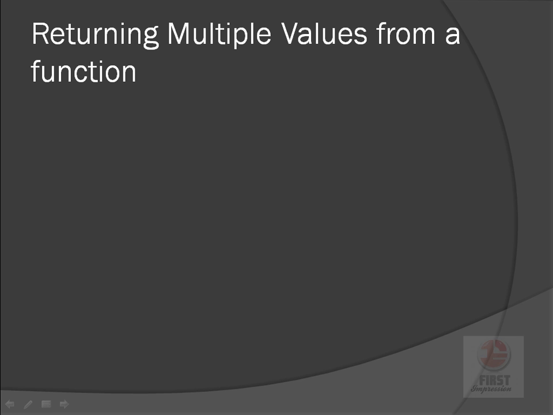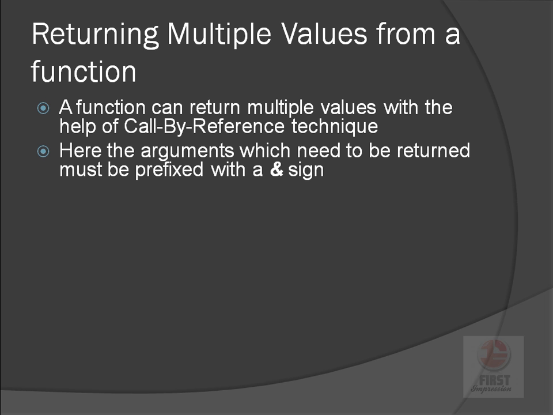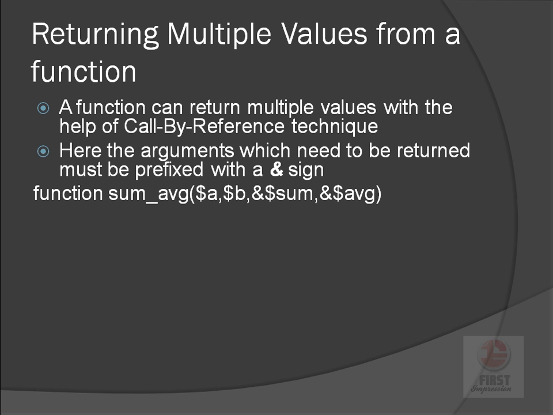How do we return multiple values from a function? The answer is that we use the call by reference technique. In PHP as well, we have a call by reference technique. To use it, each argument that has to be returned from the function must be prefixed with an ampersand sign. For example, if I want to find the sum and average from the same function,